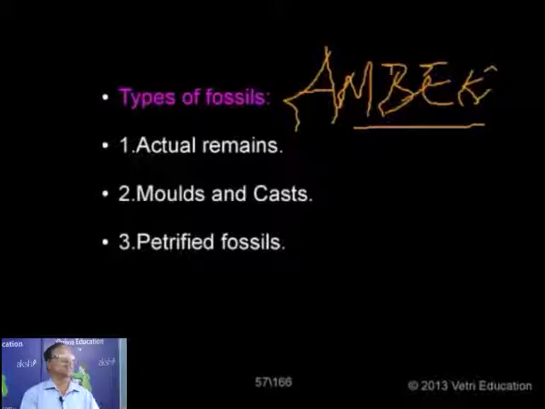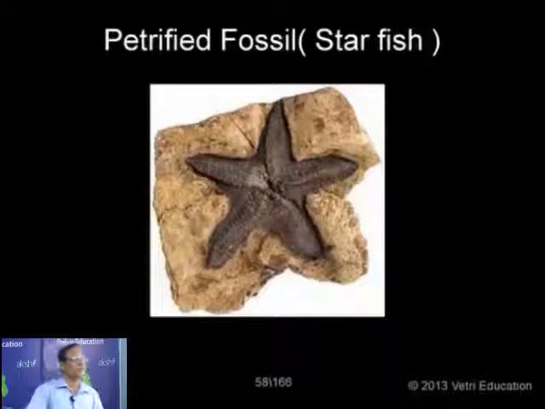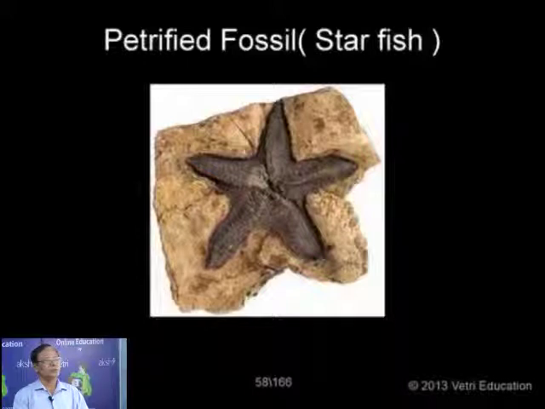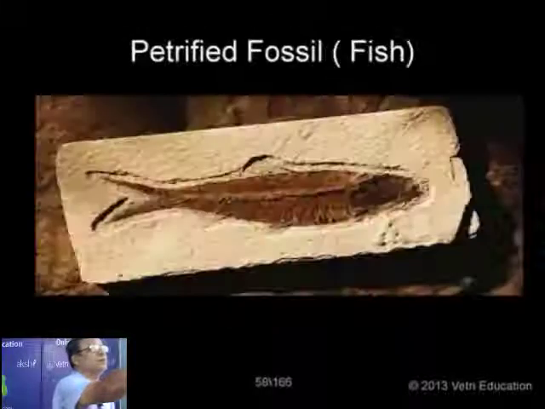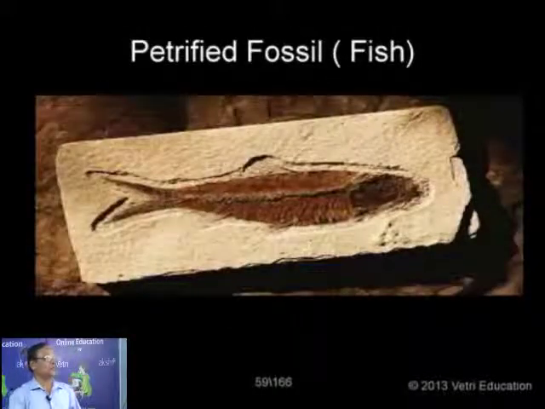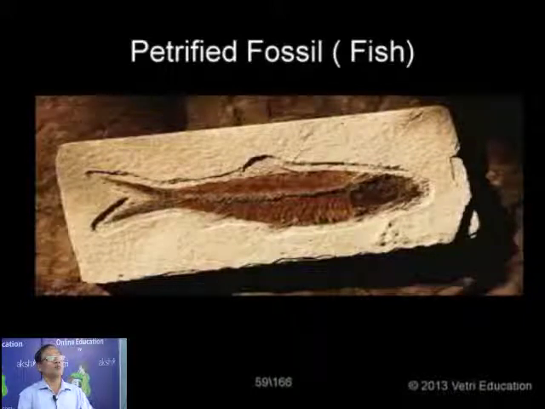Then I mentioned already the petrified fossils. Those fossils which are formed by means of petrification process or mineralization process or by means of sedimentation process. Now here are some of the petrified fossils. See that one, the starfish, and that starfish once dead, it has been replaced by mineral parts. Now we have a stony structure of the one which lived in the past, the starfish, petrified fossil. And similarly also petrified fossil like fish. The fish when dead now has been converted to a stony-like structure because of sedimentation or mineralization.